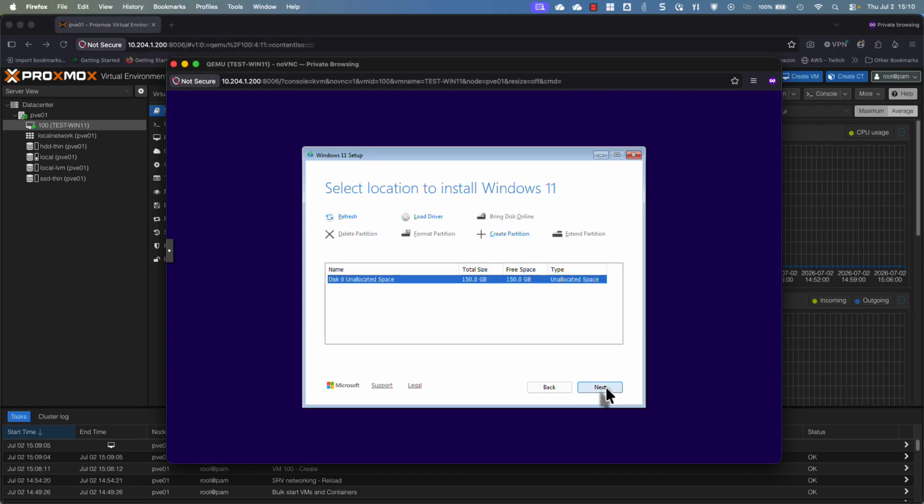All right, I just want to interrupt here real quick. If you do not see any disks here, that means you selected an option that Windows does not have the drivers for. I'll show you how to fix that, but in the meantime, go back and fix your driver or your disk selection to make sure that you selected a SATA bus. Once you do that, you may have to restart your virtual machine, and then you should, when you get to the screen, see your unallocated disk space. So in this case, here's my 150 gig disk that I'm going to